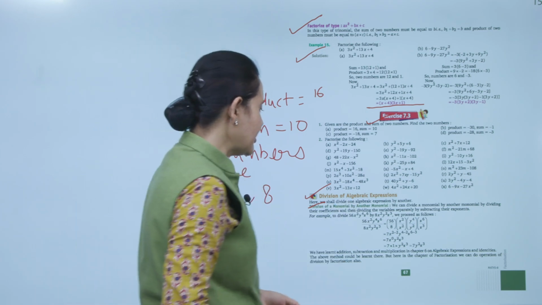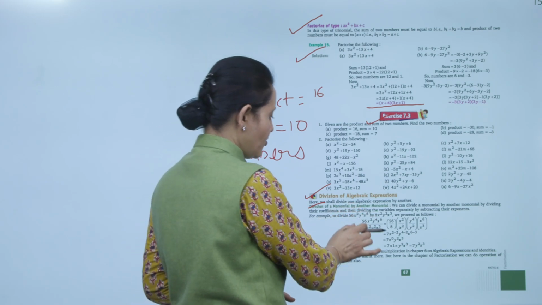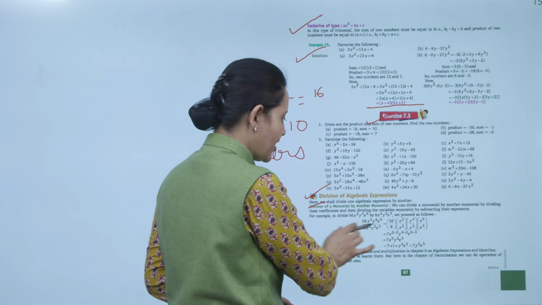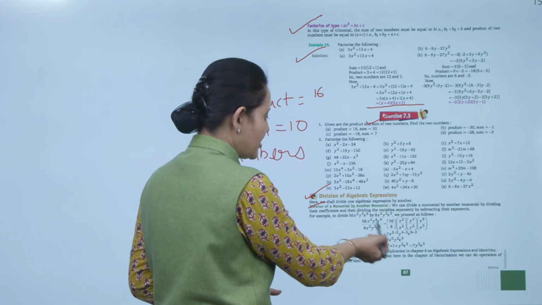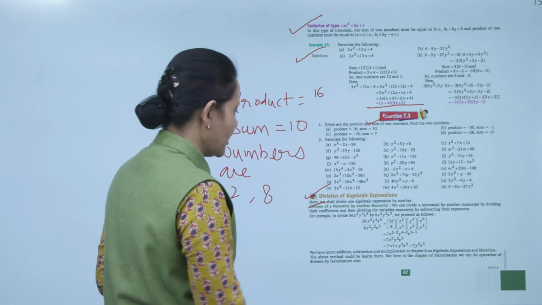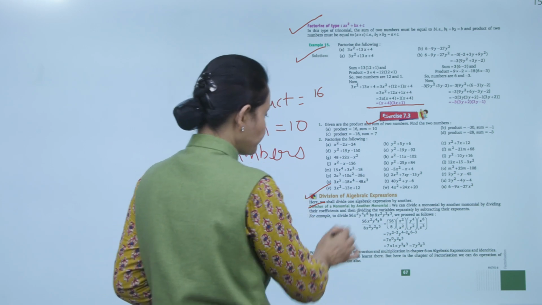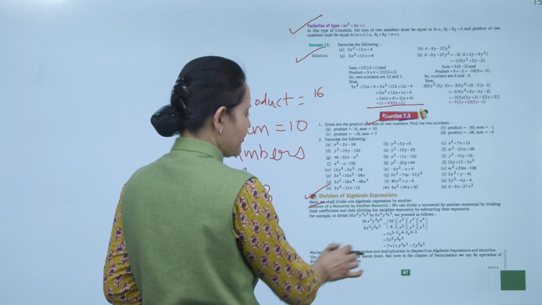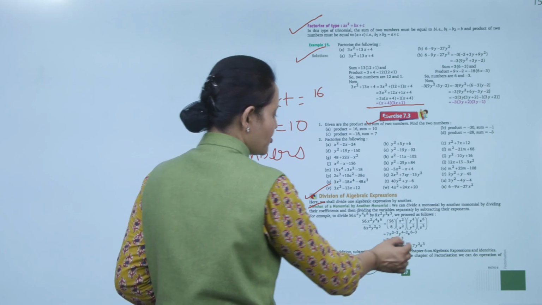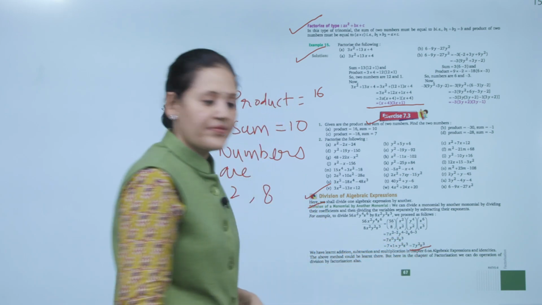So divide करना है. First जो numerical values है उनको divide करेंगे. x square को x square से, y4 को y square से and z6 को z3 से. So x square upon x square, y4 upon y square, z6 upon z3. So that is equals to 56 divided by 8 that is 7. x की पावर हो जाएगी 0, y square and z cube. So आंसर हो जाएगा 7y square z cube.